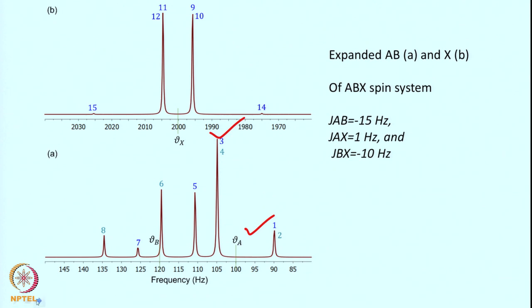These are some of the rigorous analyses, and as we saw, where the spins are strongly coupled, the spectra are not easy to interpret. So, one trick we can apply, since the coupling constant remains the same, is to record the spectrum of these molecules at a higher field. Then the chemical shift separation between them increases, and they may convert to weakly coupled systems, and then one can start analyzing the spectrum.